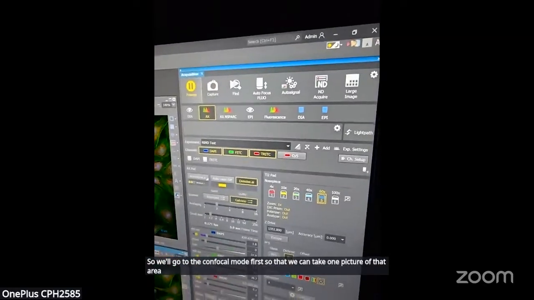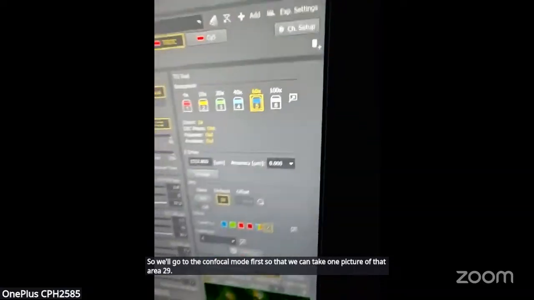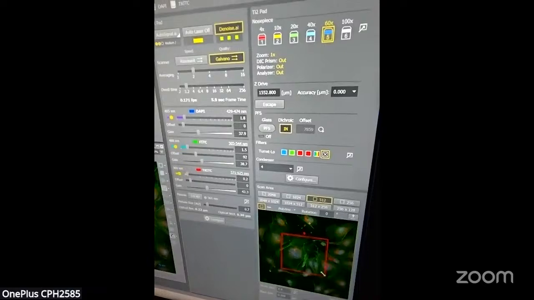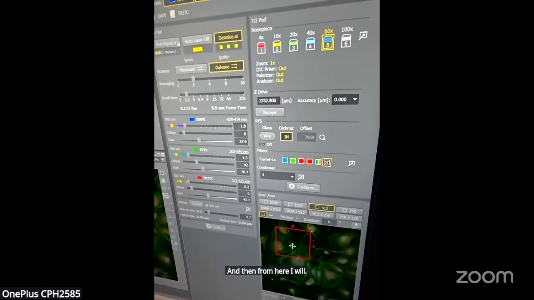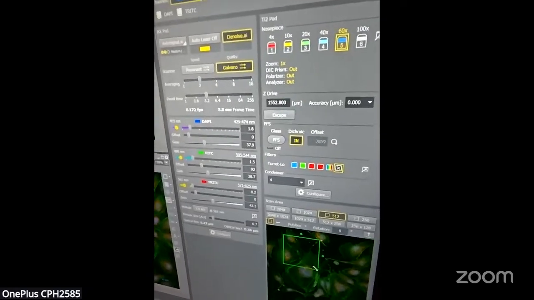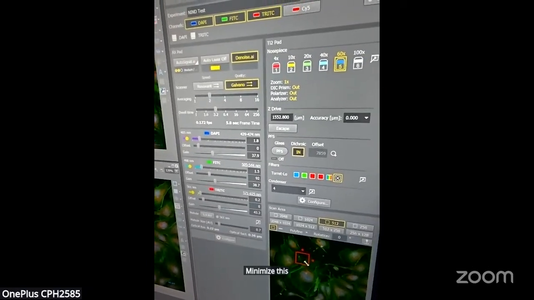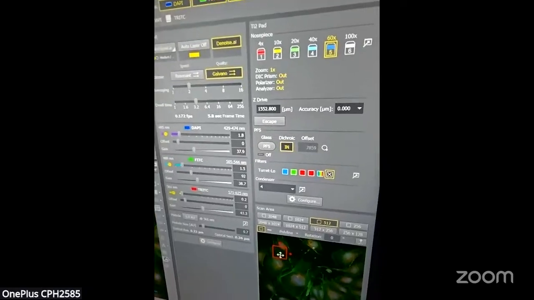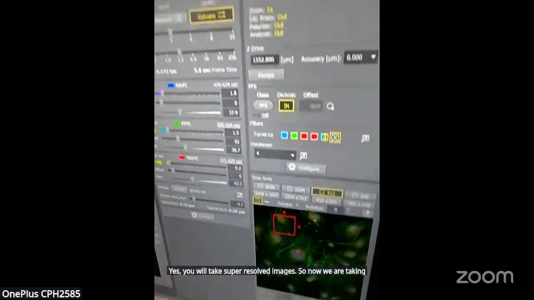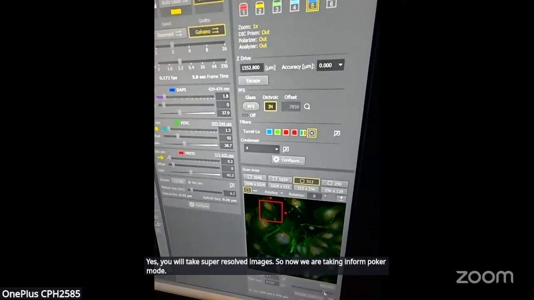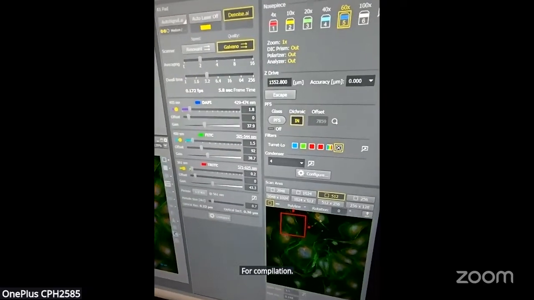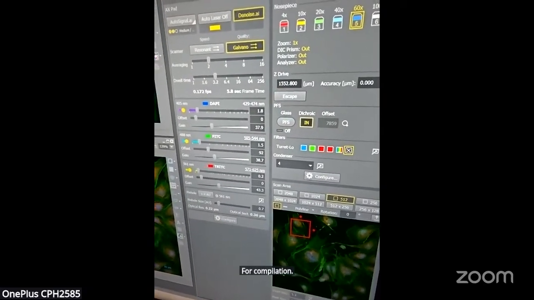We do live and then from here I will minimize this FOV like that. Here we will take super resolved images. So now we are taking in confocal mode for comparison. 107.